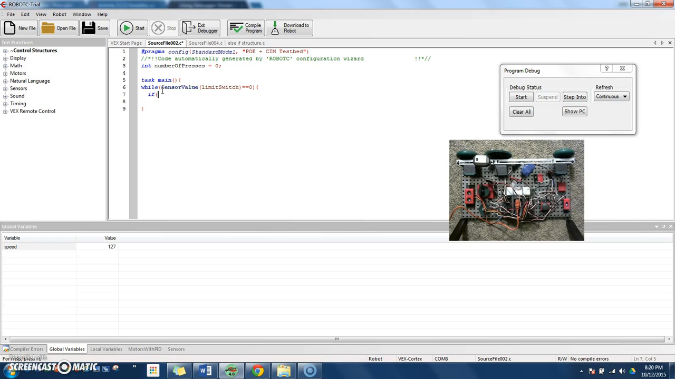So if the sensor value of our bump switch equals 1, what we're going to do is take numberOfPresses and set that equal to numberOfPresses plus 1. So if the bump switch is equal to 1, we're going to go numberOfPresses equals numberOfPresses plus 1. And then, because bump switches and limit switches act very weird mechanically,